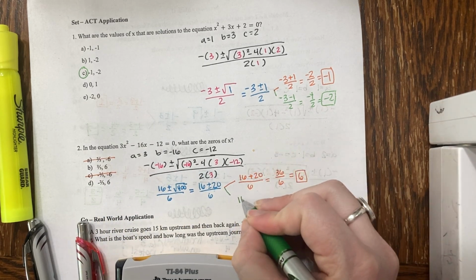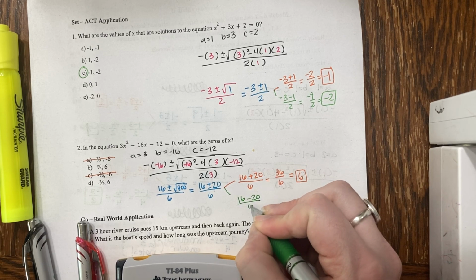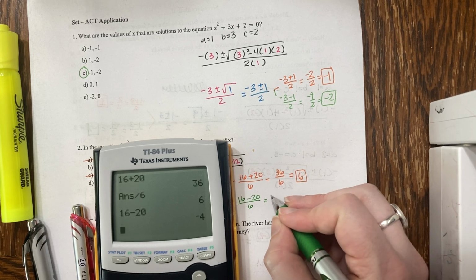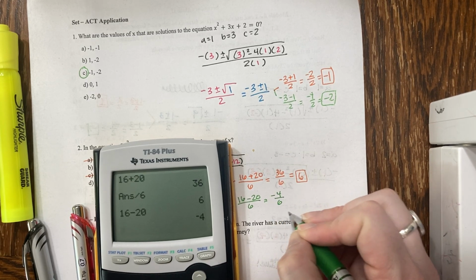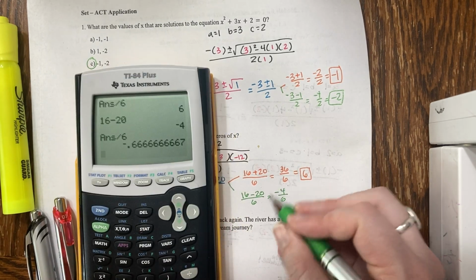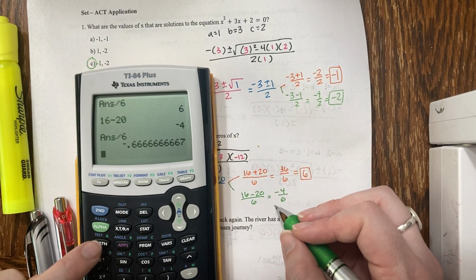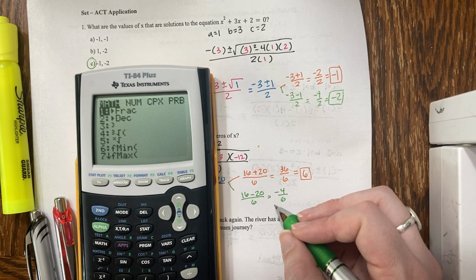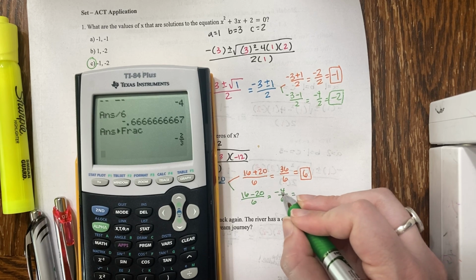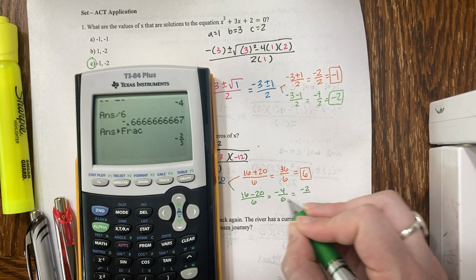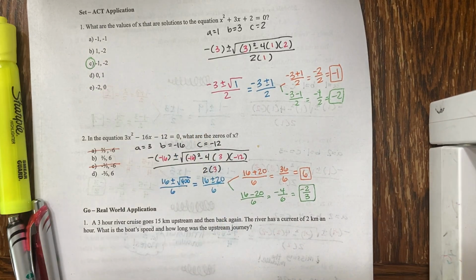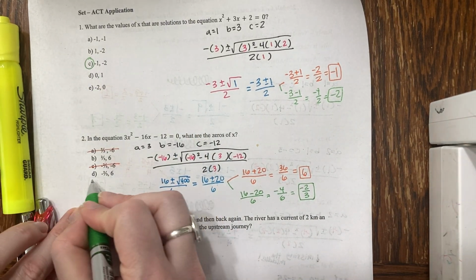Now I have 16 minus 20 over 6. So I would do 16 minus 20. And then if I divide by 6, let's say you struggle with reducing fractions, click the math button on your TI-84, enter, and it will reduce it. It cuts the 4 in half to a 2 and the 6 in half to a 3. That means our answer is